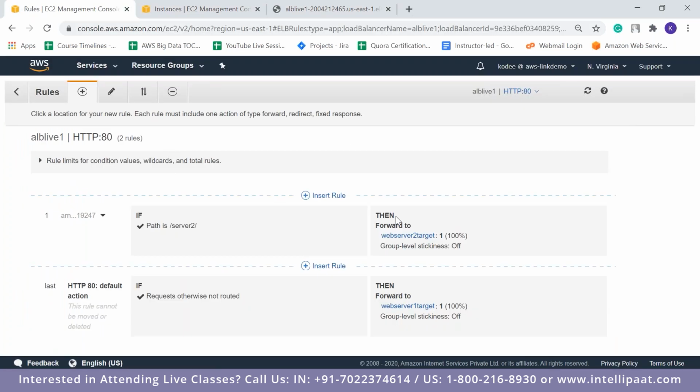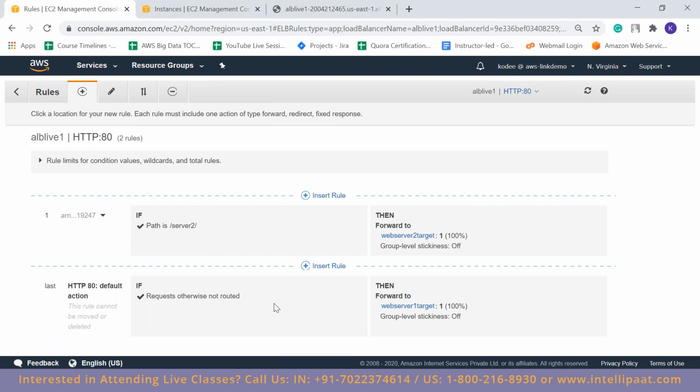Okay, so somebody asked me to explain this. Basically, you have two different instances. What you can do in ALB is redirect requests to a certain target group. Here we have given the path as slash server 2.